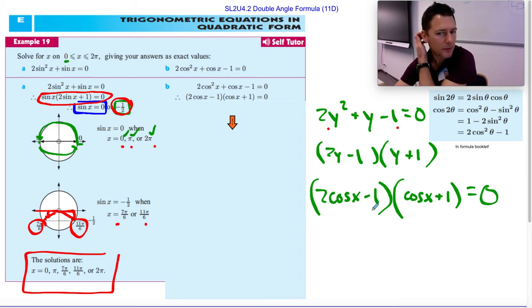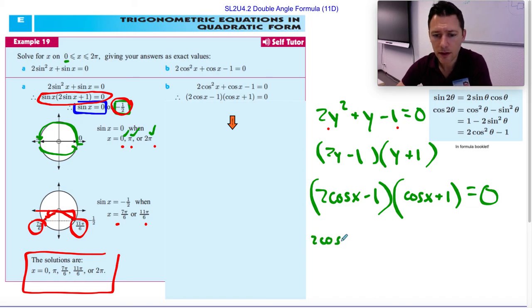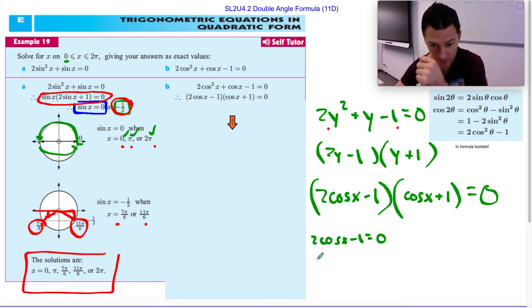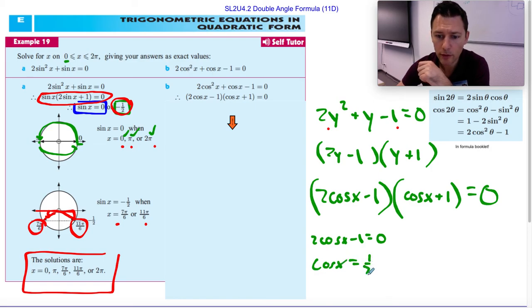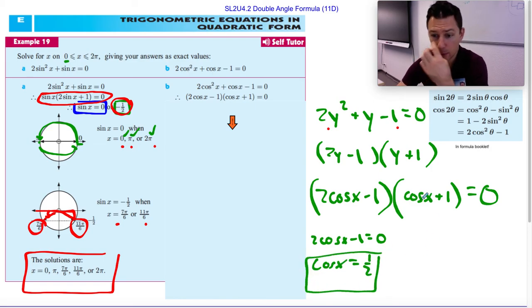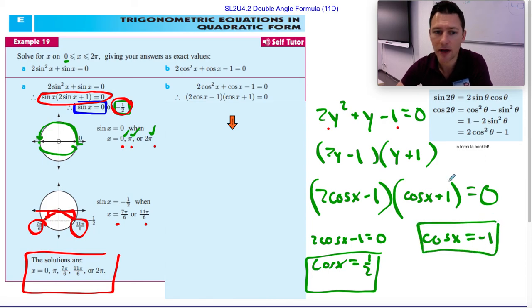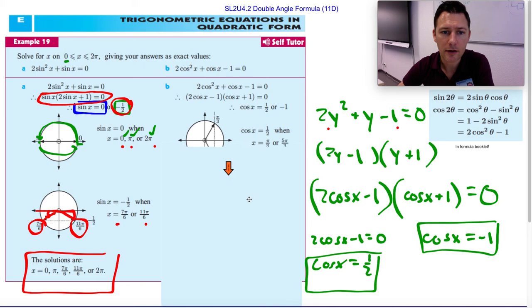So now we can play the same game. Either this one equals 0 or that one equals 0. So if this one equals 0, then 2 cosine x minus 1 should equal 0. So add the 1, divide by 2, so cosine of x is a half. Or cosine of x plus 1 is 0, so cosine of x should be negative 1. Cool, so those are our two possible cases. So from there,